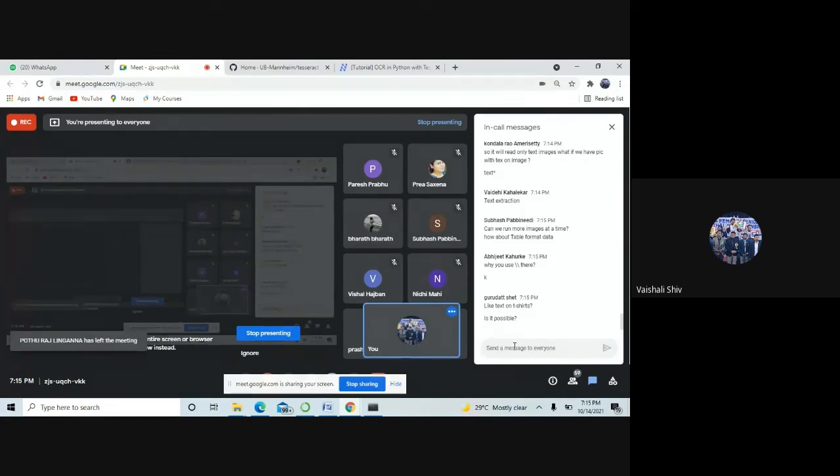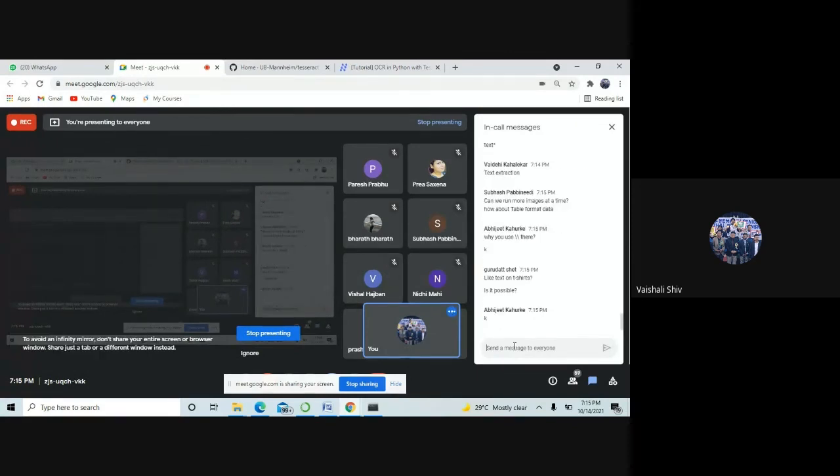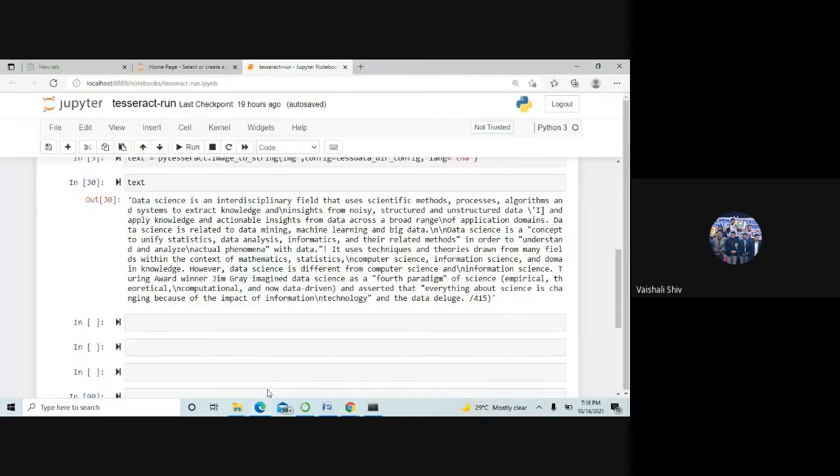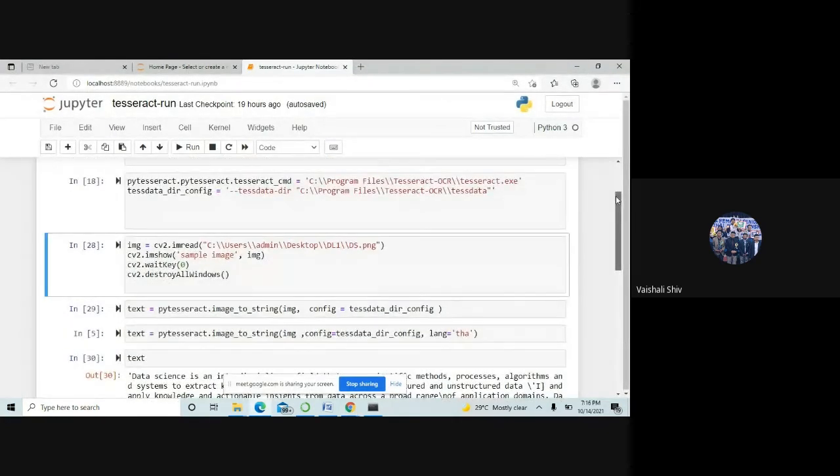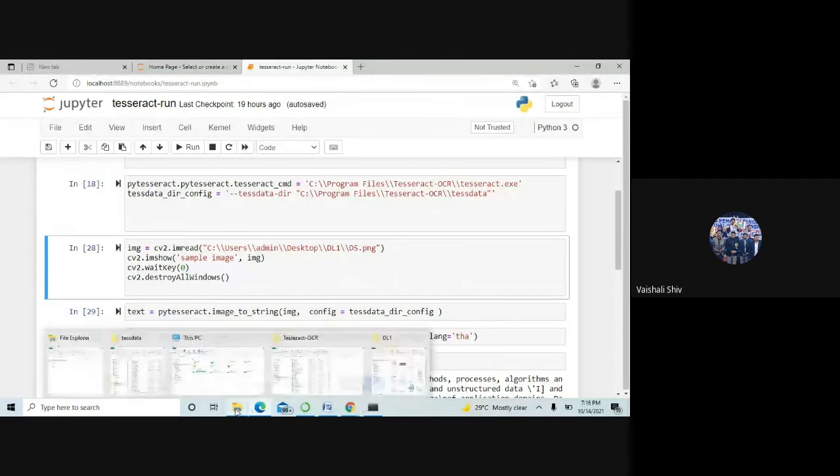Like text on a t-shirt, it is possible. Yeah, we will see that also, how it is going to work. If it recognizes the pattern of your text, then it will work. We are going to run more images. So this is with this image. We will see other images also.